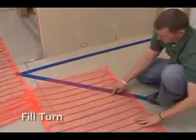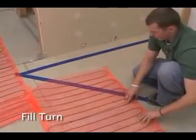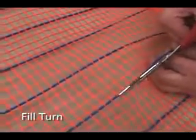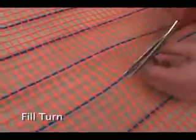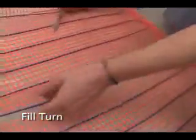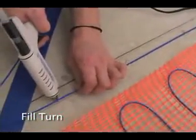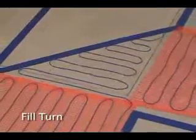And finally, when you need to add warmth to an irregular space, estimate the amount of loose wire you'll need and then carefully cut the orange captures that hold the wire to one side of the mat. Pull the blue wires loose from the mat. Adjust your mat to take up the slack and then use your hot glue gun to secure the blue wire